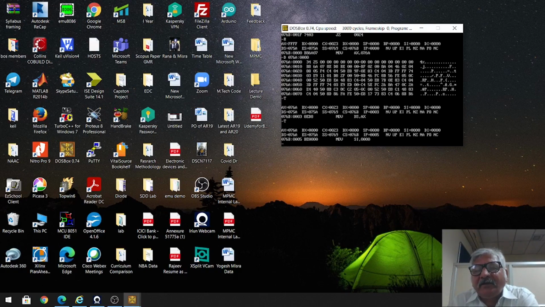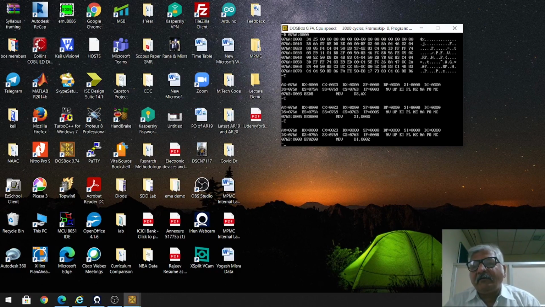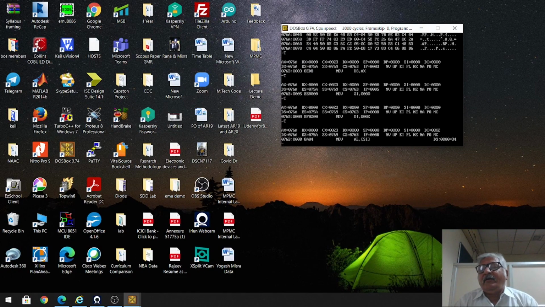Now by this third instruction, MOV SI, 0000, this will load 0000 in SI register. So currently what is the value of SI? It is 0000 only. So this instruction will not change anything. The value of SI will remain 0000. So again I will write T and enter. Right. Now see the next instruction. It is MOV DI, 0002. So this instruction will move 0002 in DI. Currently the value of DI is 0000. So I will execute this instruction and you check the value of DI. It is 0002.